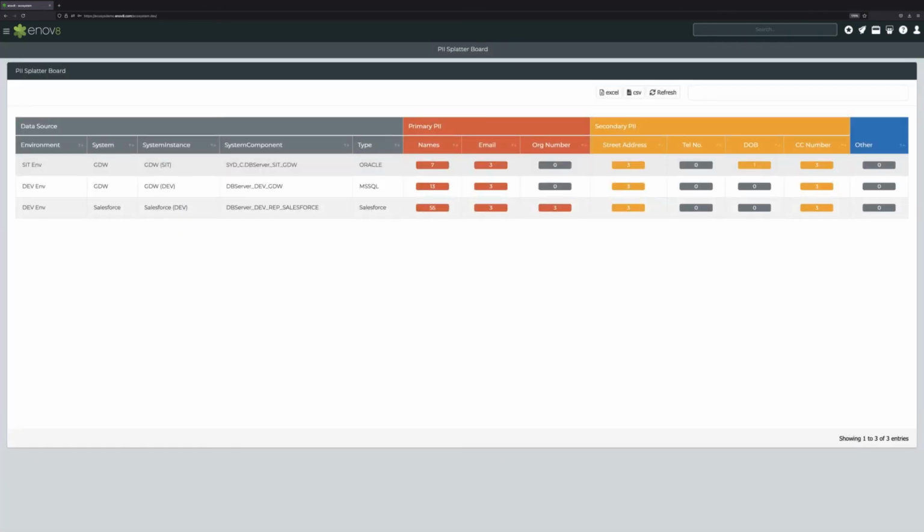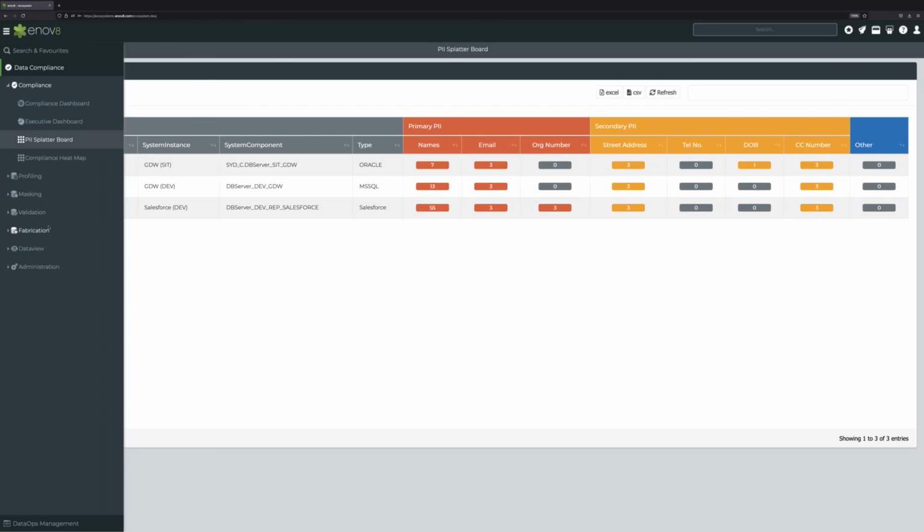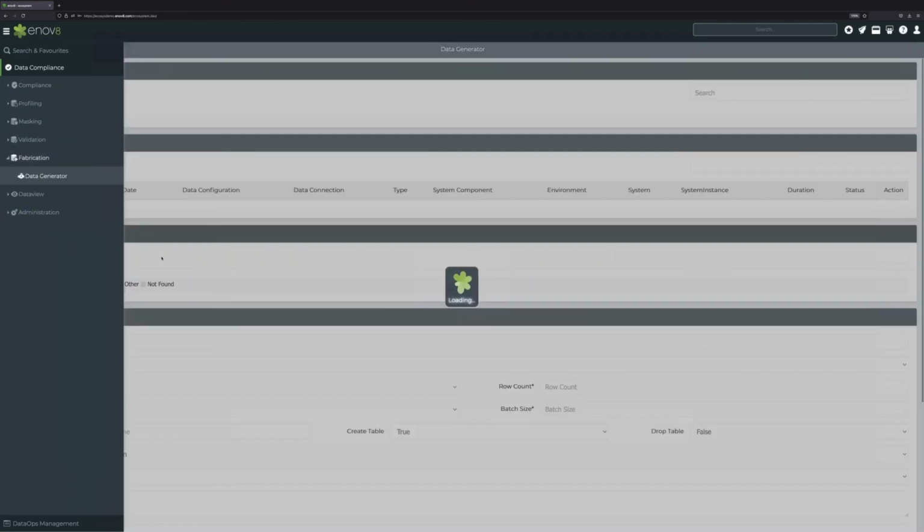Here's just another example where we can identify from our data sources what the most common data types from a sensitivity perspective are within these solutions. So we can identify which databases have the most sensitive names, email addresses, or other types of sensitive information. Now, just to continue on from a data ops perspective, one other aspect that Neil was mentioning